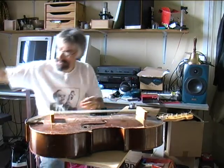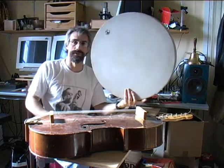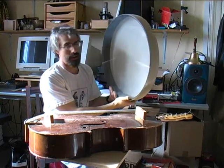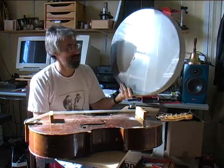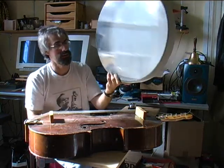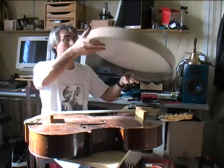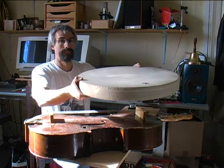This thing is called an ocean drum. It's a big drum, similar to a bodhran type of shape, a flat drum, and you can see in here there's about 500 metal ball bearings, and by rolling it,